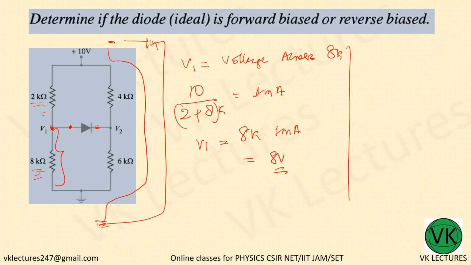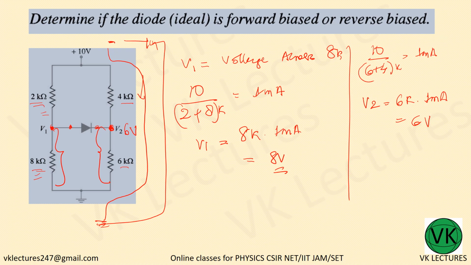Now again here also the same current, because 4K and 6K, that is 10 volt divided by 6 plus 4K, which is nothing but 1 milliampere. What is the voltage at this point? The voltage at this point is nothing but the voltage across 6K. So V2 is nothing but 6K into 1 milliampere, which is nothing but 6 volt. Now at this point V2 you have 6 volt, at V1 you have 8 volt,